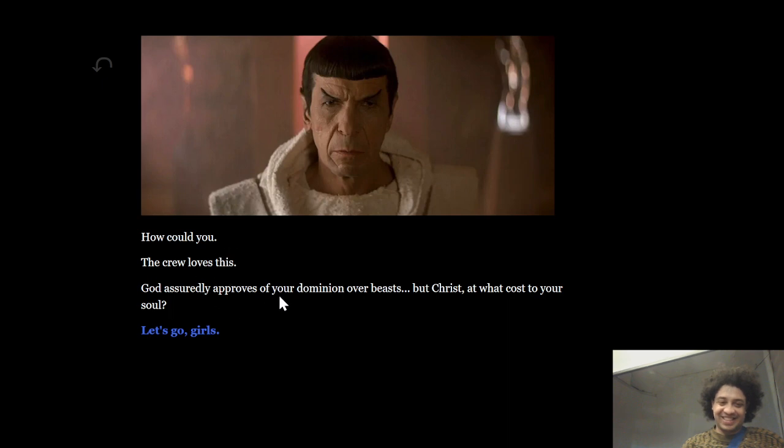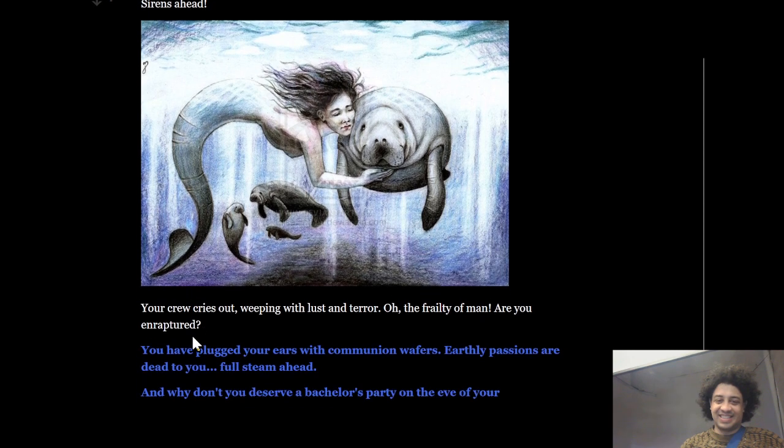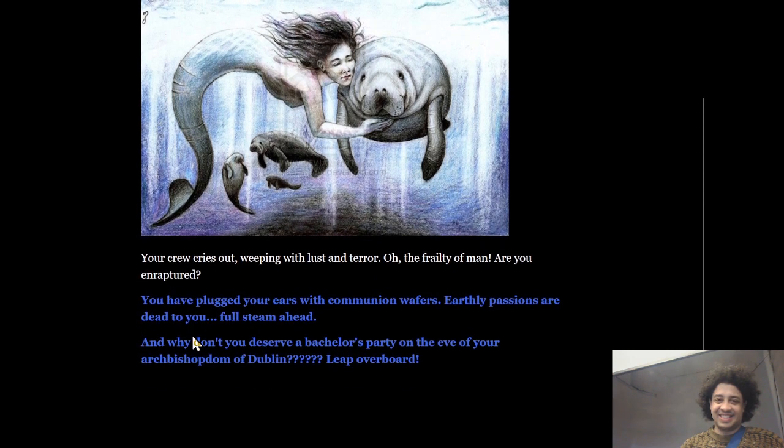The crew loves this. God assuredly approves of your dominion over beasts, but Christ, at what cost to your soul? Let's go, girls. Oh God, girls! Siren said. Your crew cries out, plus terror. Oh, the frailty of man. Are you enraptured? You have plugged your ears with communion wafers, earthly passion for